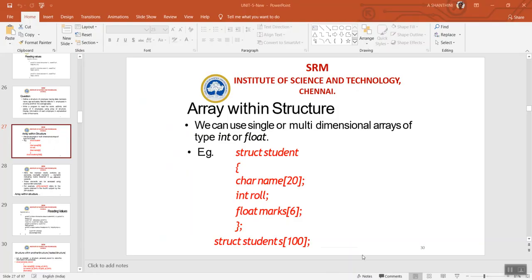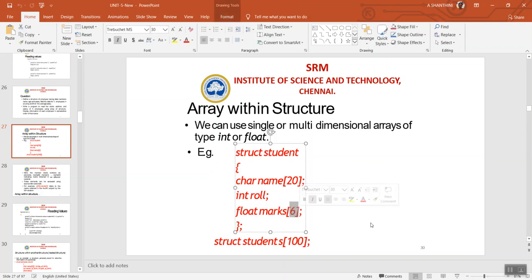Now we will see about an array within a structure. We can use a single or multi-dimensional array of type int or float. Okay. For this example, we consider the same example of student records for 100 students. So the array of structures here is 100. Okay, so 100 records we are going to get from the user. But as you can see, here is an array inside the structure.